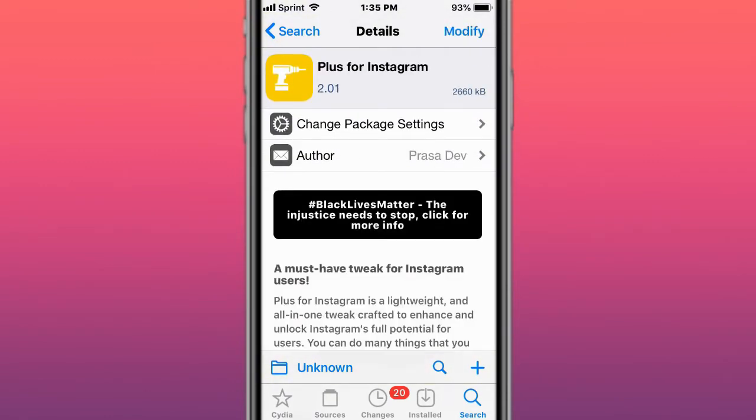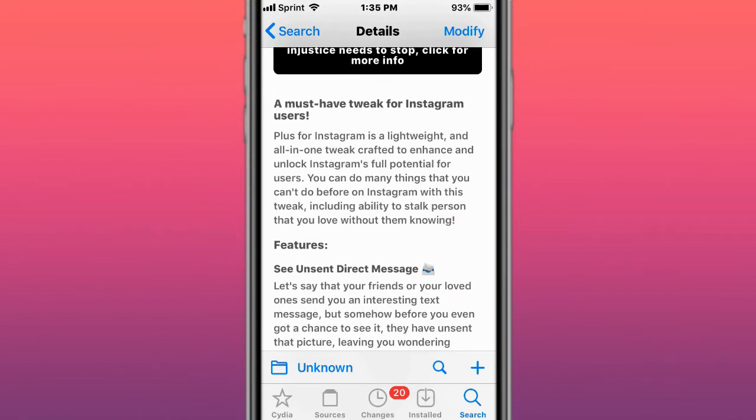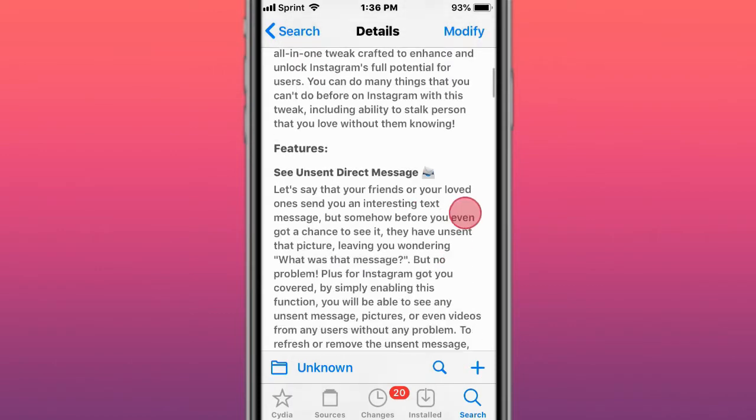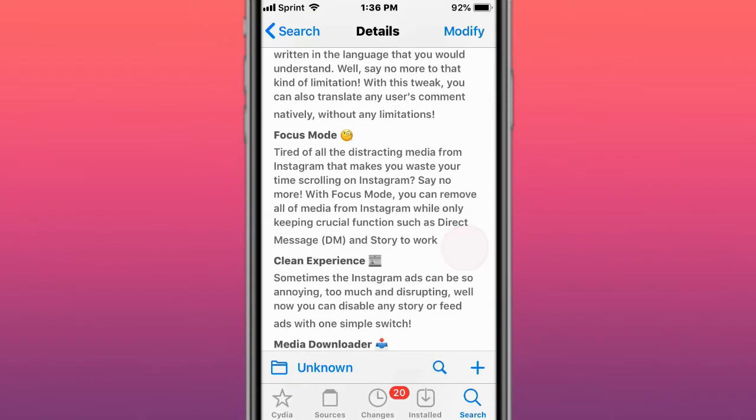This tweak is called Plus for Instagram. A must-have tweak for Instagram. It's a lightweight, all-in-one tweak crafted to enhance and unlock Instagram's full potential. For users, you can do many things that you couldn't do before on Instagram with this tweak, including the ability to stalk people without them knowing. So you see unsent direct messages, comment translations, focus mode,